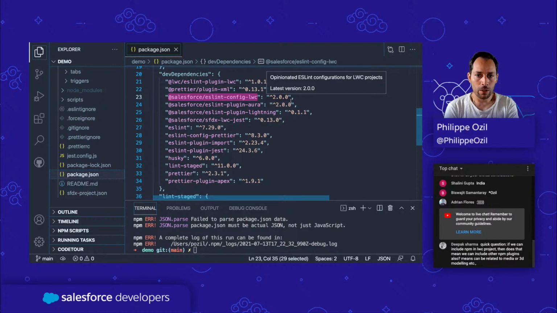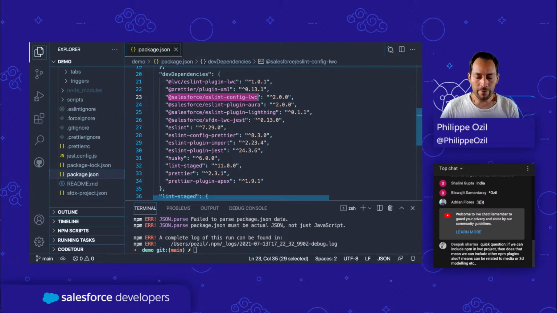from configurations. Configurations is basically a set of rules that are enabled by default. And this plugin, Eslint config LWC, ships with a bunch of configurations that are ready made for you, and you can just enable on the fly without having to specify every sub rule. So generally, we work with Eslint config LWC, and we use the recommended configuration from this. And this picks rules from the plugin